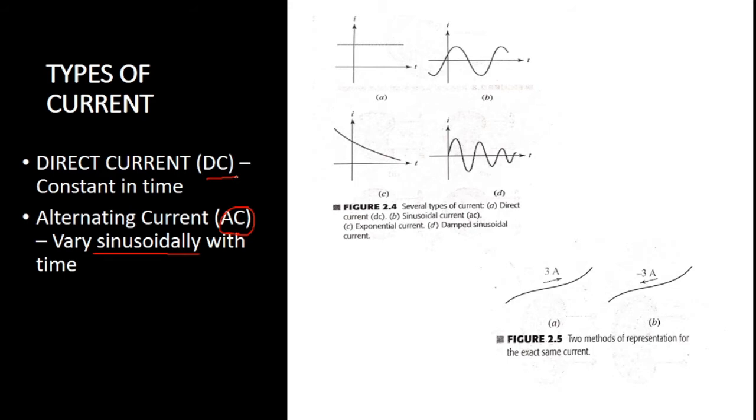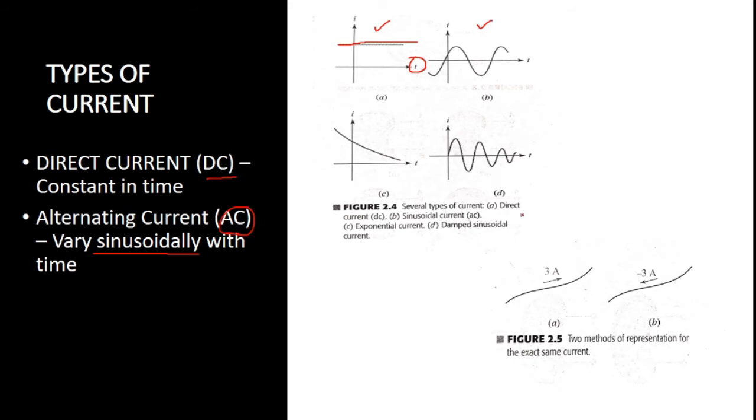So in this subject, we'll be analyzing both kinds of circuits. We'll be analyzing DC circuits also. We'll be analyzing AC circuits also. If the current is constant at all values of time, you see here a straight line. There is no variation at all. So if the current value is the same for whatever time you take, we call that the first type, direct current. Or if the current varies sinusoidally as time varies, we call that alternating current. There are other types of currents also, but these two are our interest right now: the DC current and the AC current.